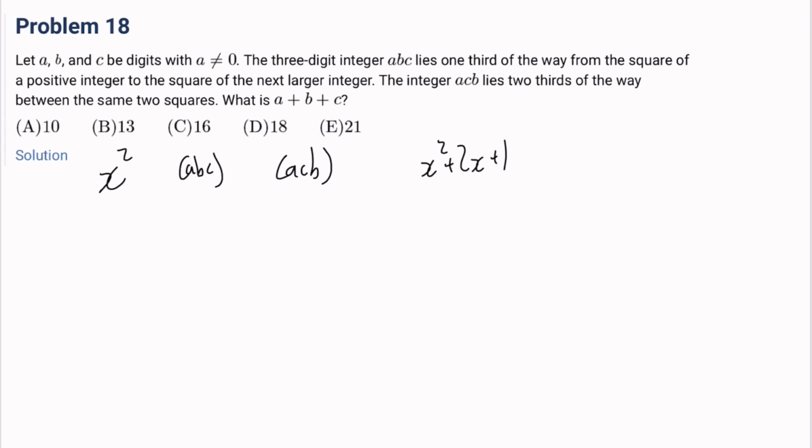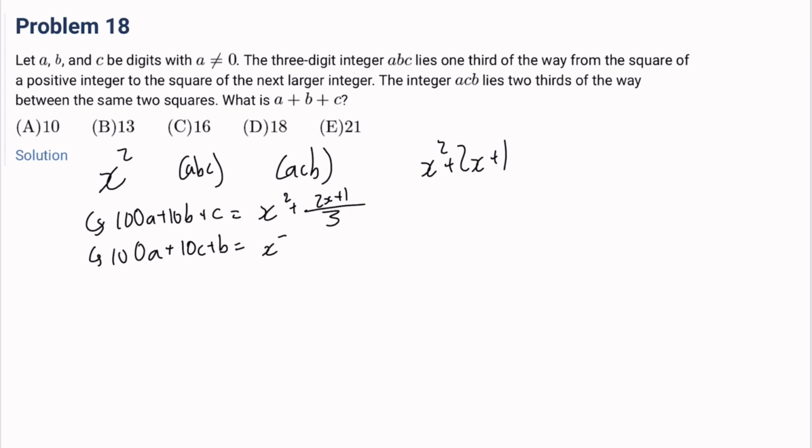That means ABC, which is 100A plus 10B plus C, is going to be equal to x squared plus 1/3 of 2x plus 1, so 2x plus 1 over 3. And ACB, so 100A plus 10C plus B, is going to be equal to x squared plus 2 times that, so 4x plus 2 over 3. If we subtract this one from that one, then we are going to get